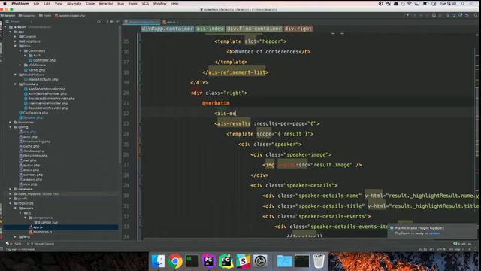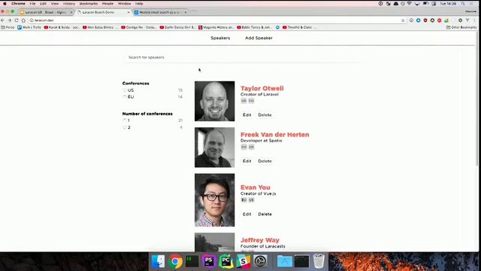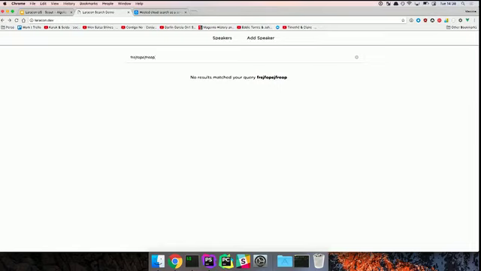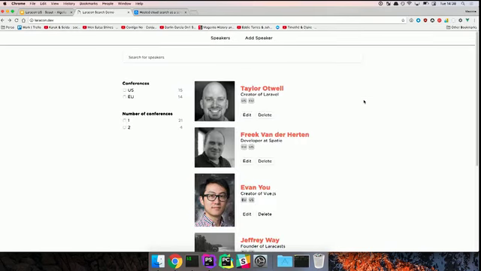I say I want a no result message, and when I refresh, I have my message. So as you see, very simple. It's been 15 minutes, and I indexed my data, configured the relevance, displayed the search UI, and I have actually a pretty kick-ass search for the time I spent on it. So that's what we are releasing today. I hope you like it.